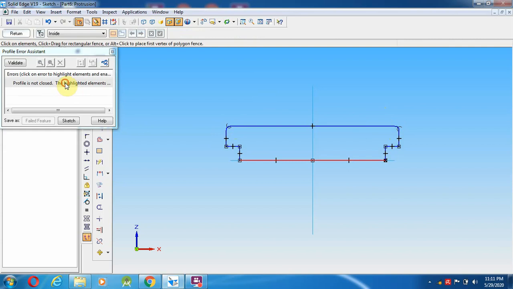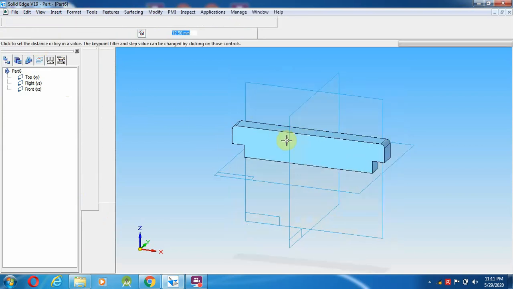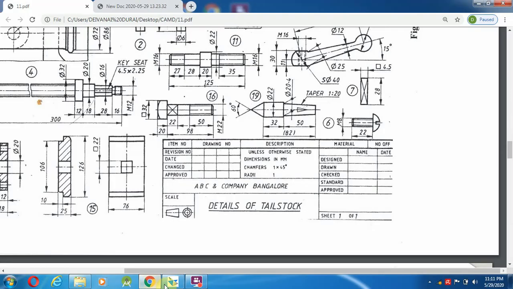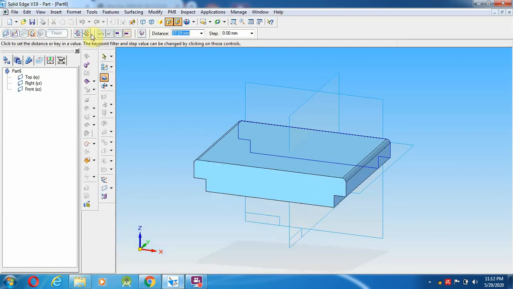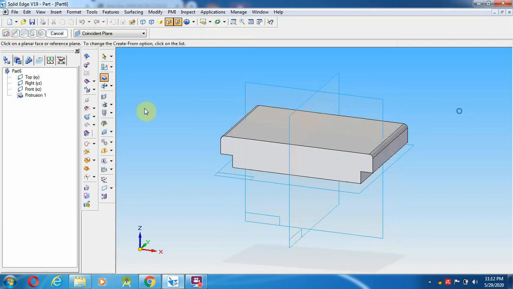And going to give return. So for the connectivity problem, I am always giving extend to next and return. So how much mm it has to be extended, that is 76. So from it to both the sides 76 mm. So go and select the symmetry option, you can give 76 mm distance, left and right click.